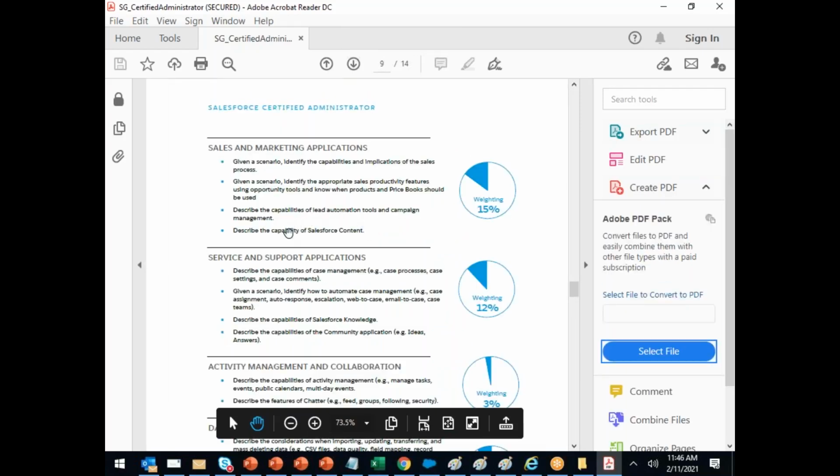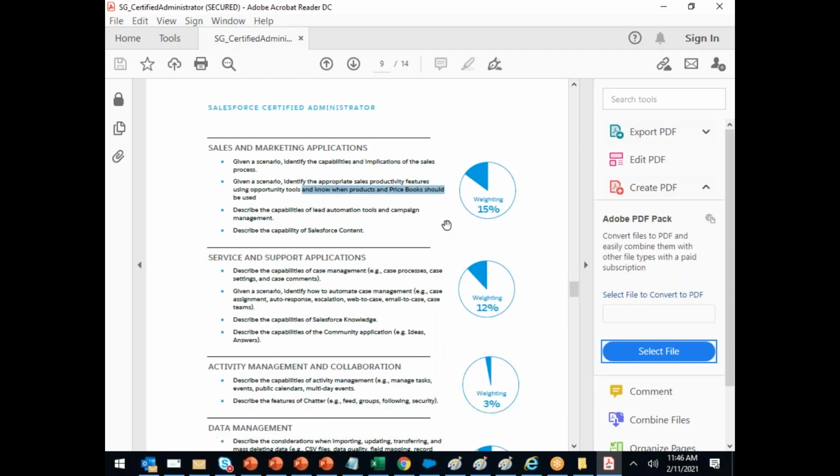In your certification, I am here now. This is the piece that you're dealing with now under the Salesforce certification. This is the place which we just started. Know when product and price book should be used.